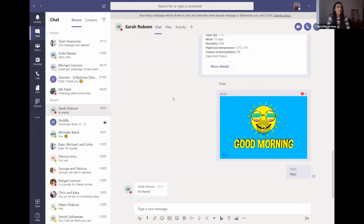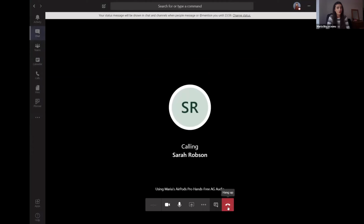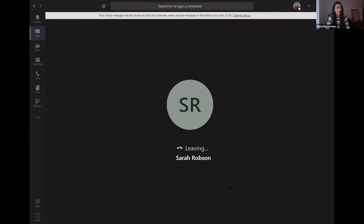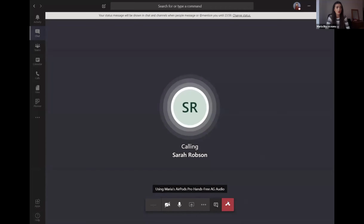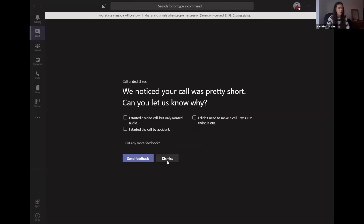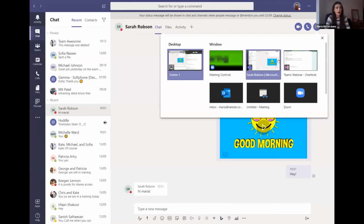So to video call someone, it's as easy as clicking on the little camera in the top right corner of the screen. I'm not going to let this call go through as I'm conscious it might interfere with the demo, but you get the idea. It's as easy as that. Next to it, you'll have the audio call button. Same thing, you can decide to audio call someone and convey the message you need to, or you can just click on the screen share button and start sharing different projects or files that you work on